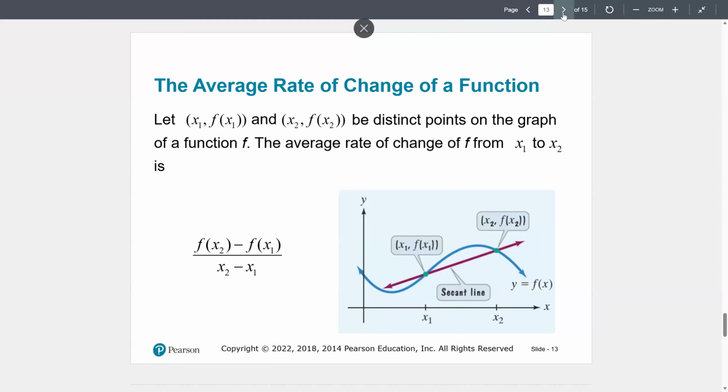So average rate of change, like I said, when we talk about slope, usually when we talk about a linear equation, it's just a rate of change. Now, when you have any kind of function that's not a linear equation, then we change it to an average rate of change. So we're going to let (x1, f(x1)) and (x2, f(x2)) be two distinct points on the graph, which we see here,